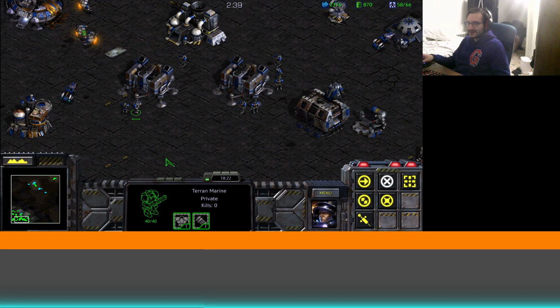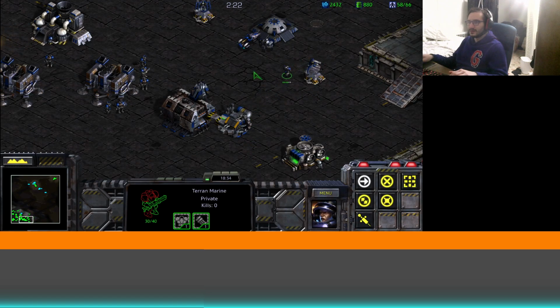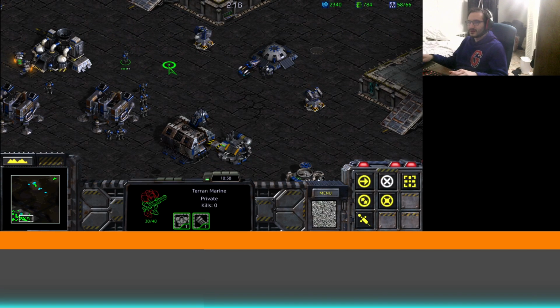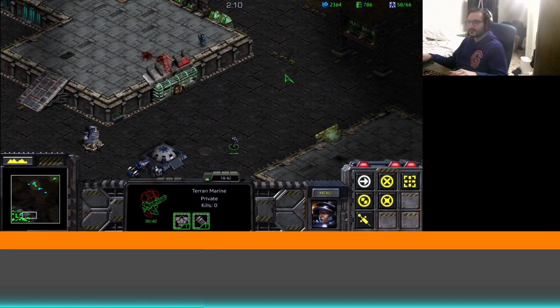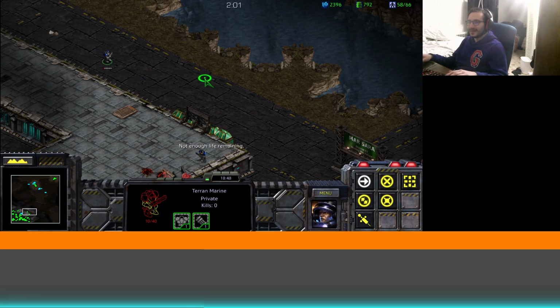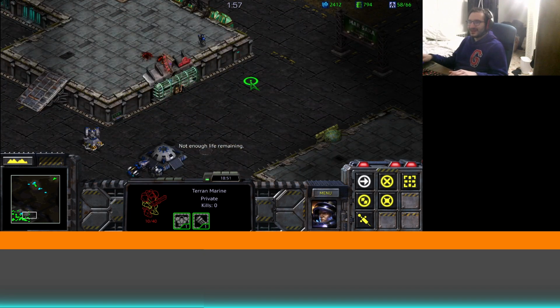Stimpaks. What these do is that they cut the Marines' health by 10. In exchange, they move and shoot significantly faster for a short period of time. That being said, they aren't that good in...